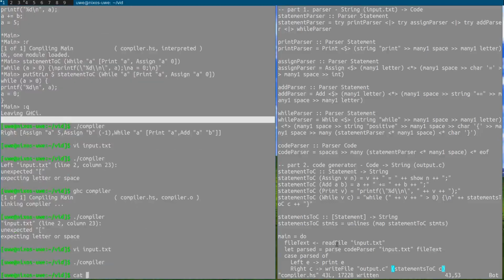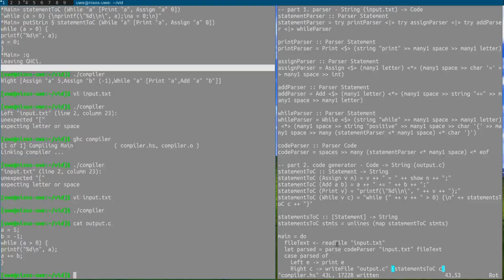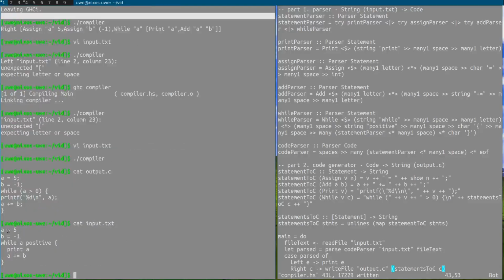Now if we run it and we look in output.c, we'll see that these match up with what they should be given input.text, because we have a equals 5 turn into a equals 5 semicolon, b equals 1, b equals 1. While a is positive turns into while a greater than 0, print a, printf, a plus equals b, a plus equals b. So that's good, except obviously we're not going to be able to compile this right now